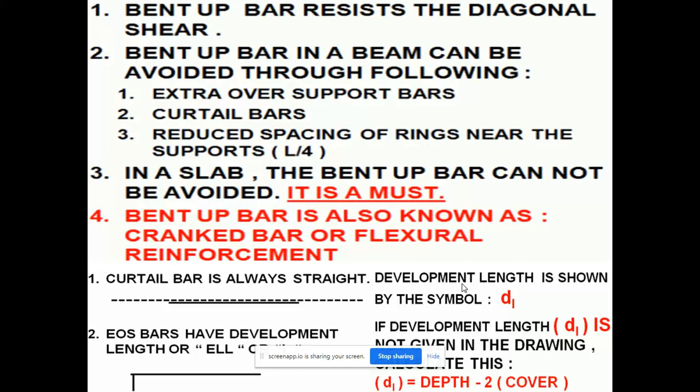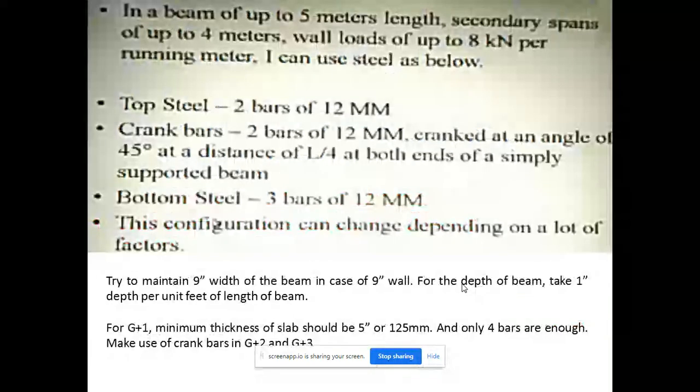So as you can see at the bottom of the slide, it is showing a curtail bar, which is always straight, and the development length is shown by the symbol B1. For EOS bars it is also shown in the diagram, which is depth minus 2 into cover. In a beam, a bent-up bar is going to take the load, and a slab is very fast. So with proper calculation, and suggesting that